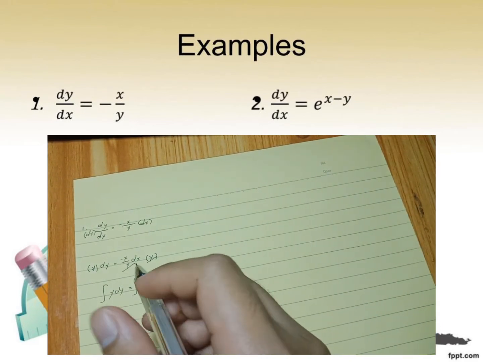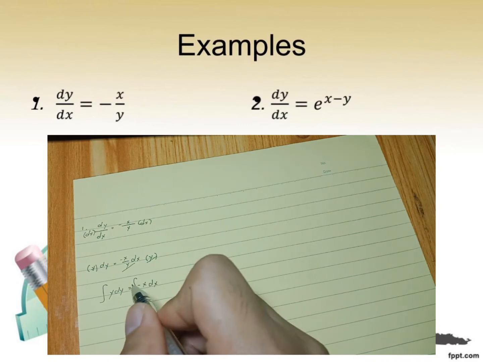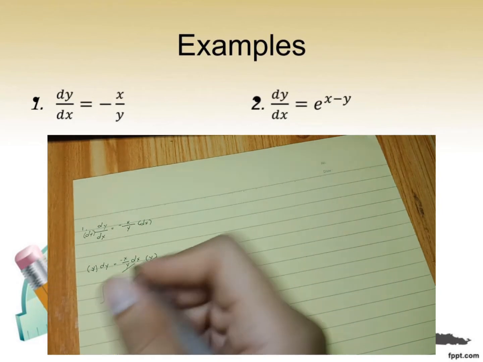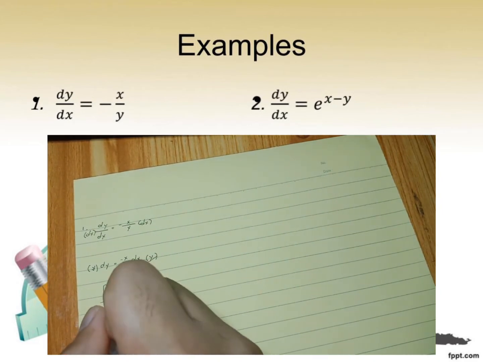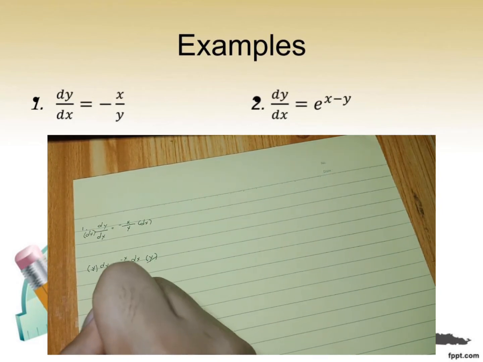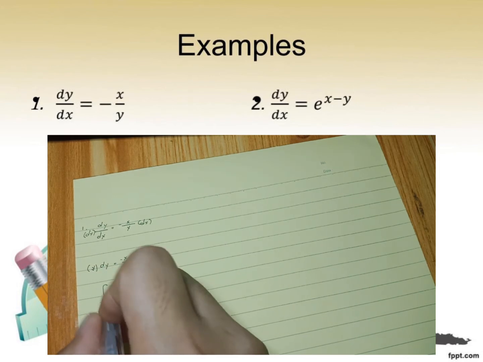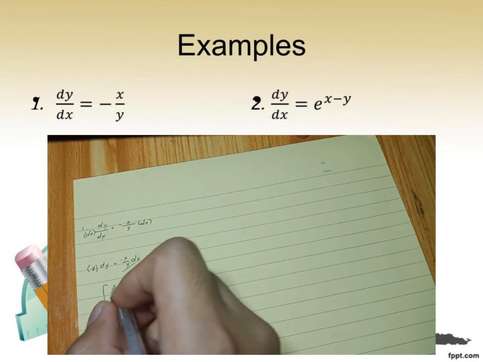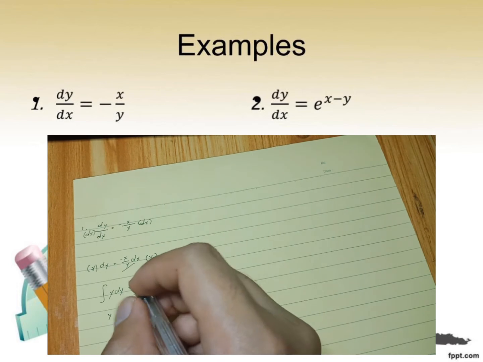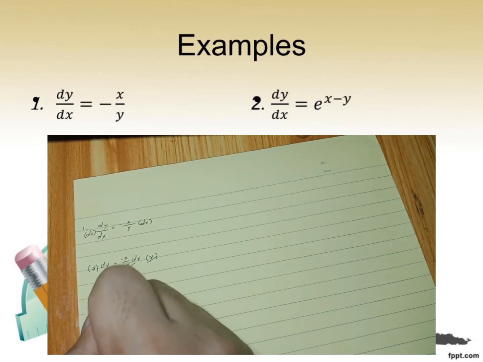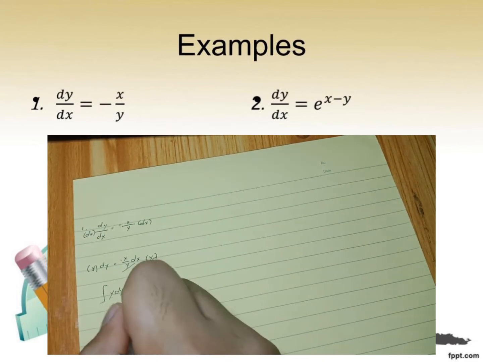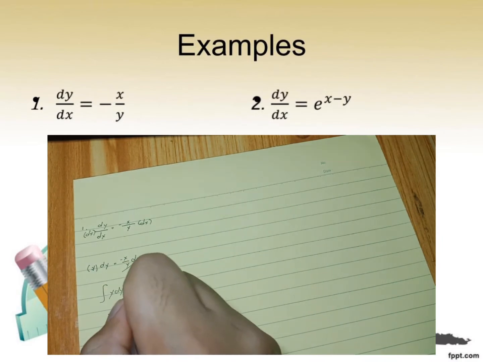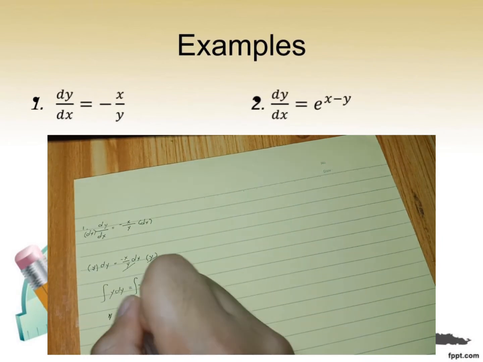The integral of y dy is 1/2 y squared, equals